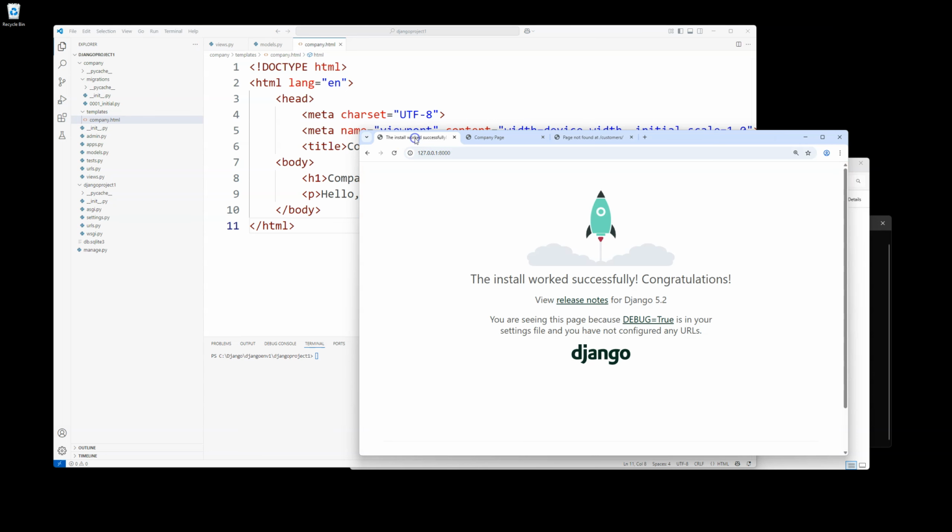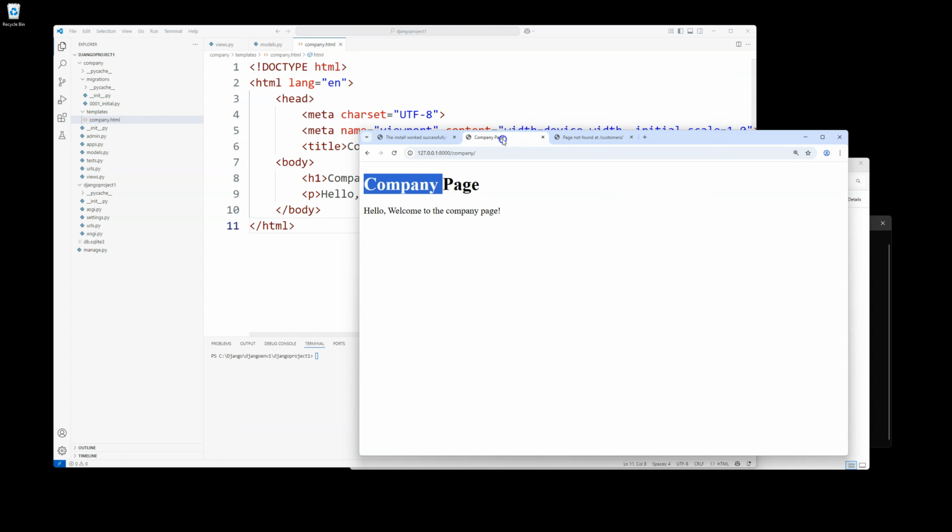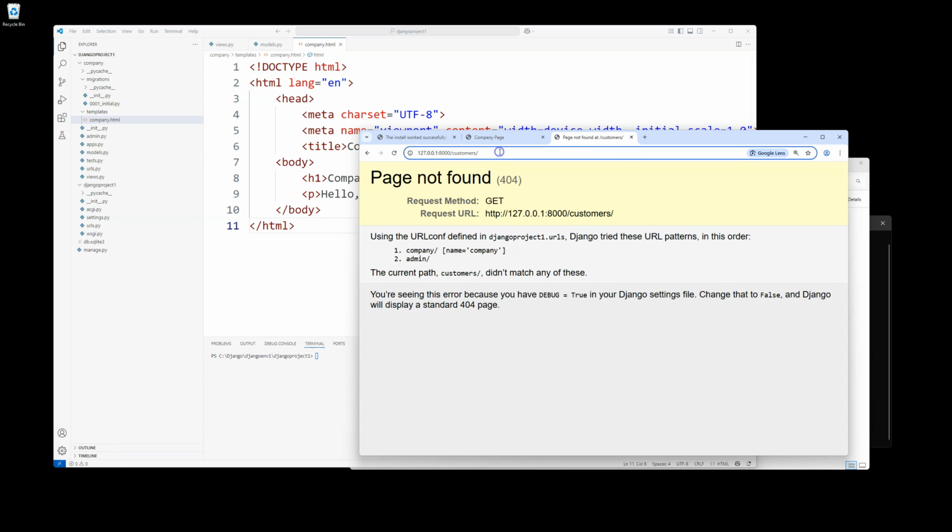these different pages. This is the front page for the Django project, and this is the front page for the company app, just a startup page that introduces the company page. Hello, welcome to the company page, etc. And then we should have now create this new one called /customers that should list the different customers that are in the company